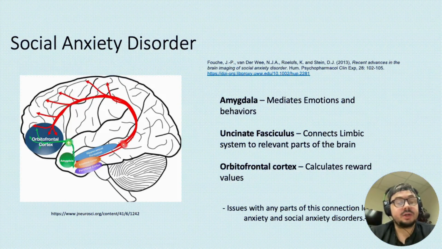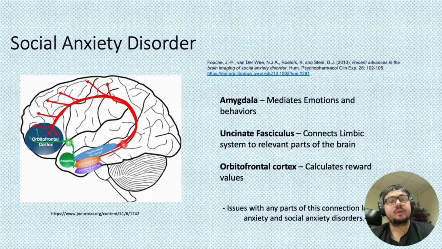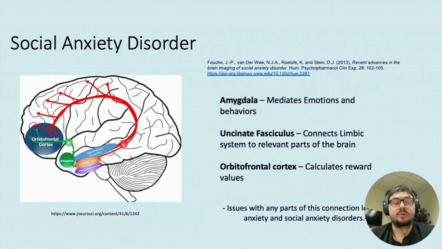Another noteworthy function of the amygdala is its ability to mediate emotion. So basically it's a regulation system of our emotions. If the amygdala goes through some kind of hyperactivity, or something's wrong that causes it to be hyperactive, then we have what we call social anxiety disorder, or this sort of anxiety or continued stress that is unregulated and isn't taken care of.